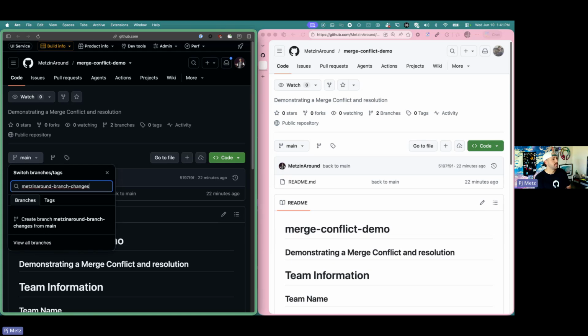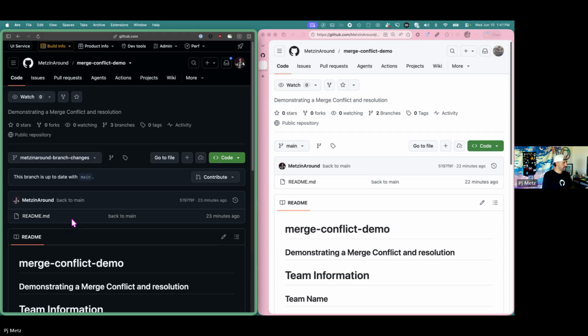Now, I didn't mention this before, but when you're making branch names, you don't use spaces, you use dashes. So it's a single string with no spaces in it. Once I type a branch that doesn't exist, we get this option, create branch, Metz and Around branch changes from main, and that's what we want to do.